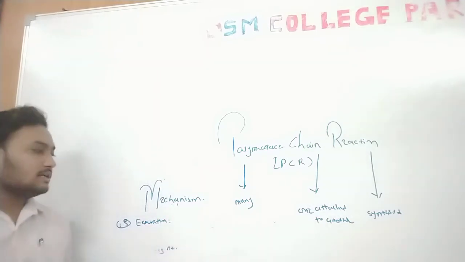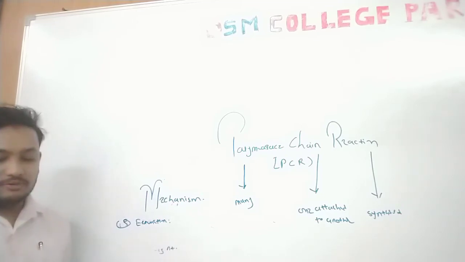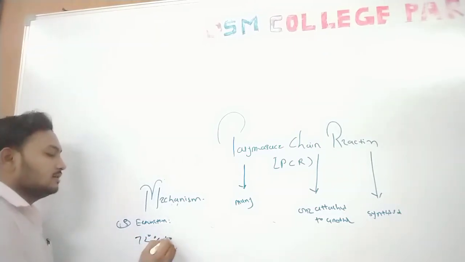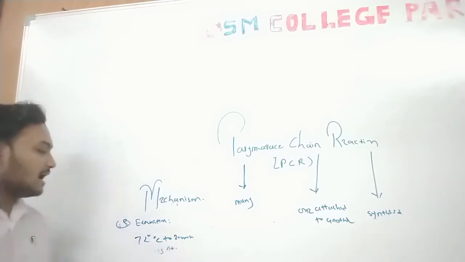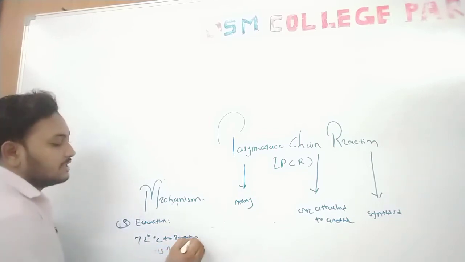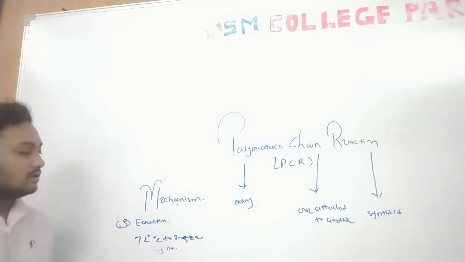Okay, it is the last step of this mechanism, the completion of the polymerase chain reaction. In this extension, a temperature of 72 degrees Celsius is required for 30 seconds. Okay, at 72 degrees Celsius, these cycles run for 30 seconds. Okay, 72 to 75 degrees Celsius for 30 seconds. What is the meaning of extension? It is for synthesizing the long strands of the template strand.